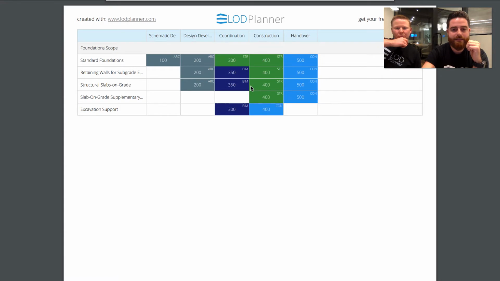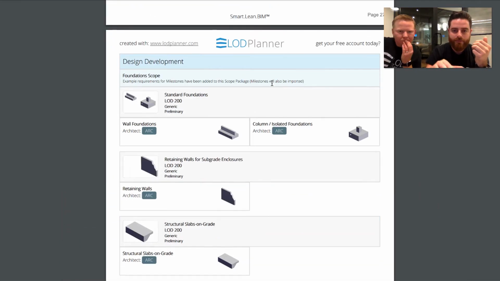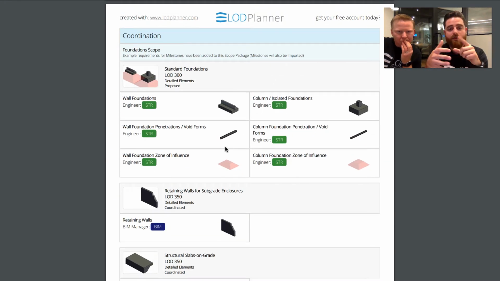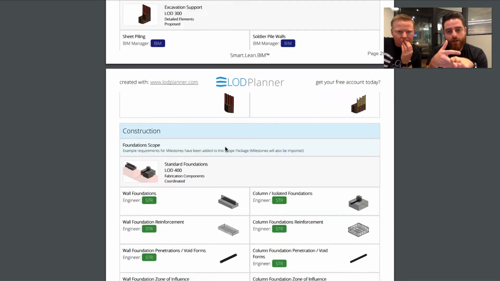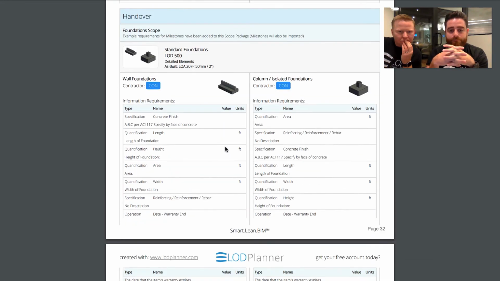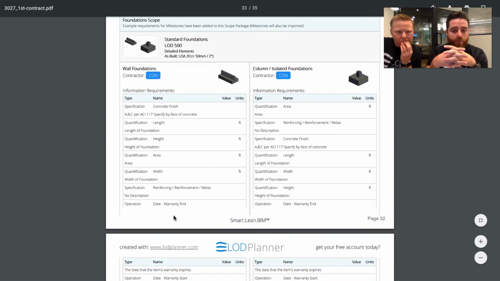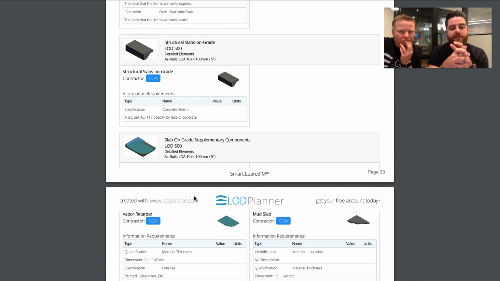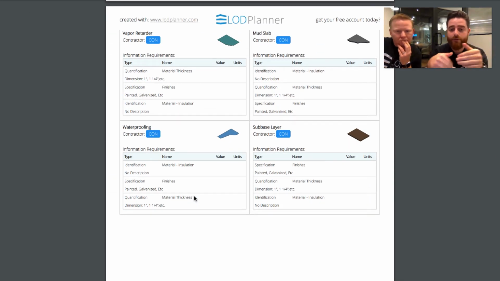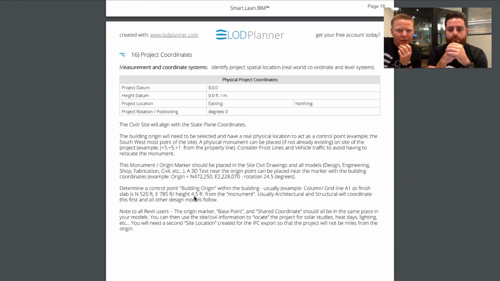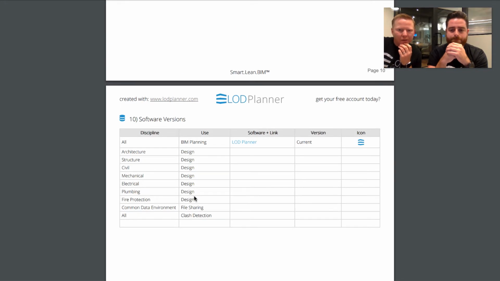So here is that condensed scope summary that we've defined, seeing the responsibilities, the LODs, and then a breakdown of that. Here we can see who's responsible for those elements, at what package they were created, and at what milestone they were required, including those information requirements such as the warranty details that we've added. And some of these details were already predefined because we brought those in from our template. Right. Yeah, so it was as quick as that to create a document that can be shared to